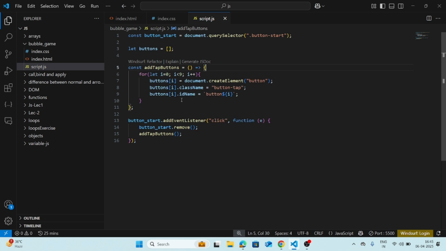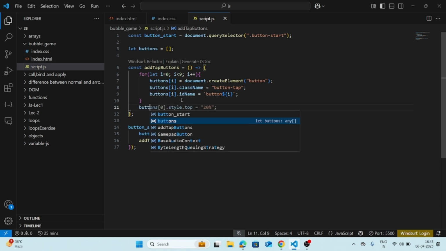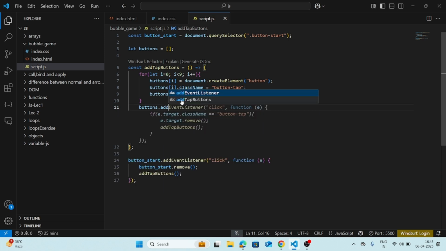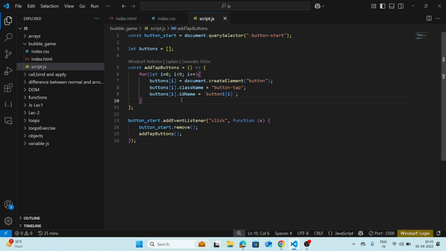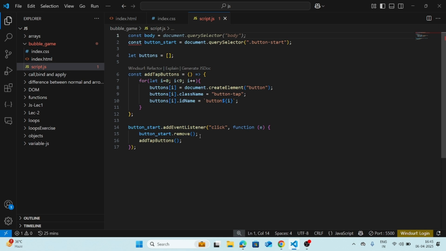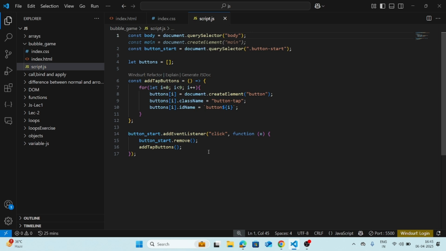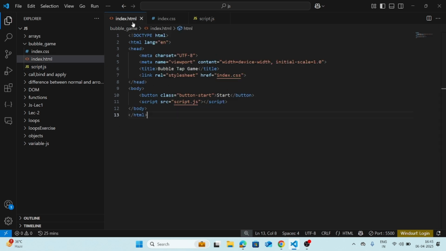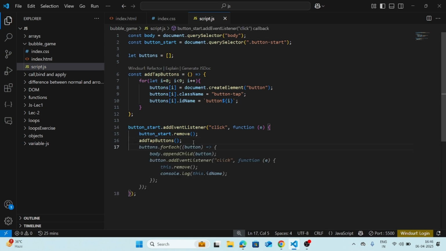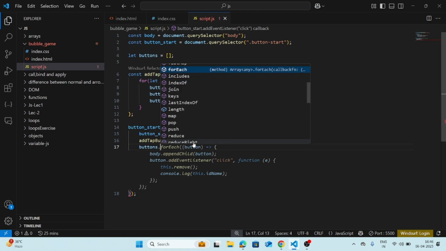Okay, so here we have to display that. How? Buttons dot add, what to say, not add, we have to insert this, right? We have to insert this. So we need the body tag for that, because in body we are going to insert this. So const body is equal to document dot query selector body, and then is it main or body? Yeah, it's body. And then inside body, what we need is buttons dot, we have to write like this, buttons